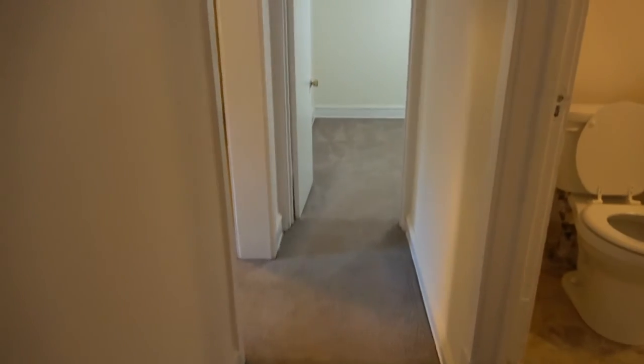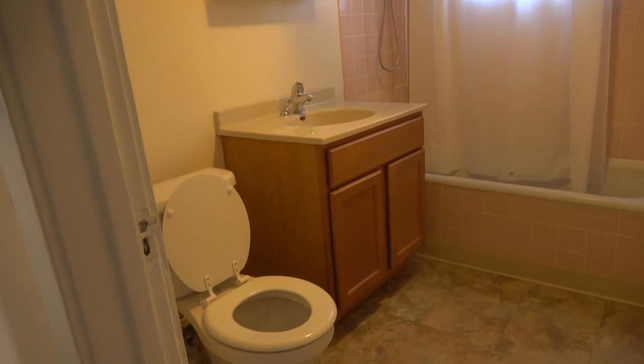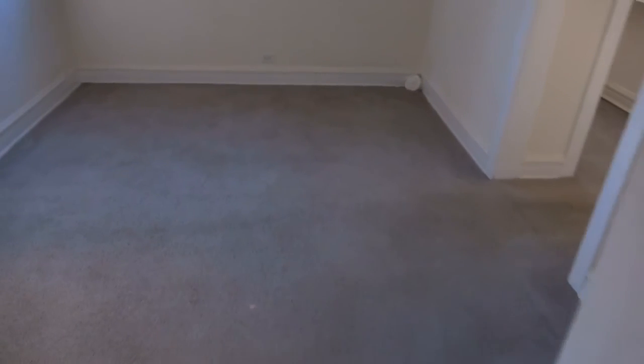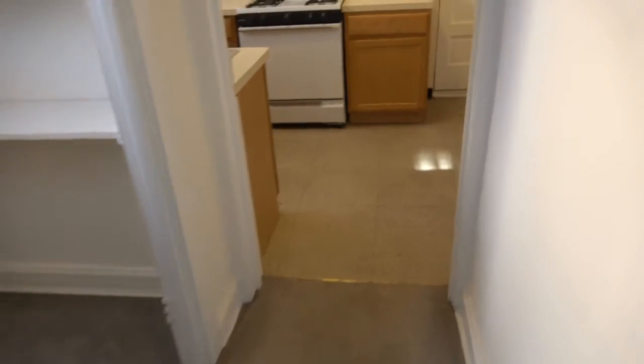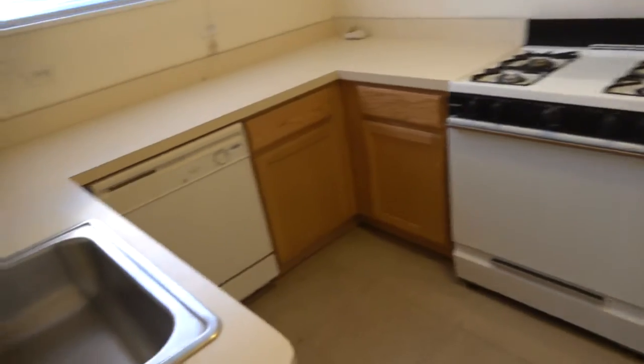So we look down, we see the first bedroom, see the tank toilet and the bathroom sink, the shower. Again, the first bedroom. We go across into the family room, dining room. Big living room. Nice kitchen pantry. Bigger than average kitchen for sure, with a dishwasher, cabinet space, stainless steel sink. And we'll come around